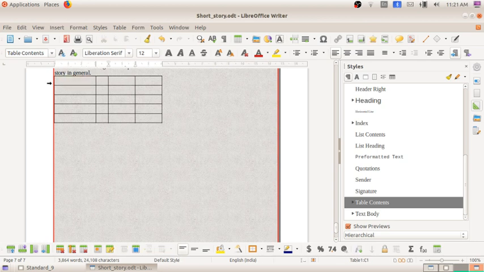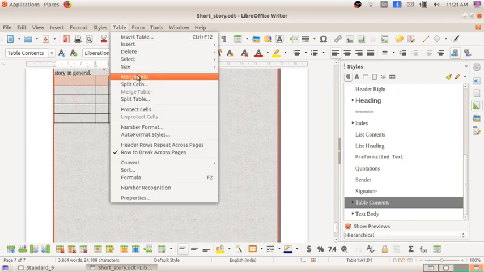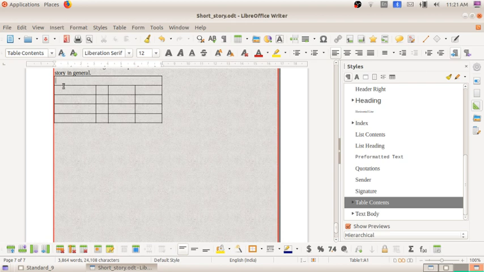So for that, I am going to select this whole row, and after that I am going to merge it. How can we merge? There is an option for merge cells in the table menu itself. Click on the option merge cells. Now you can see all the cells combined and constituted as a single cell. In this way we can use merge cells in the table.